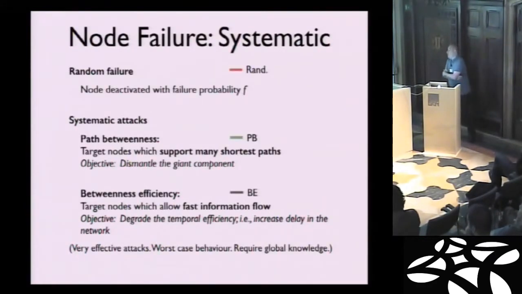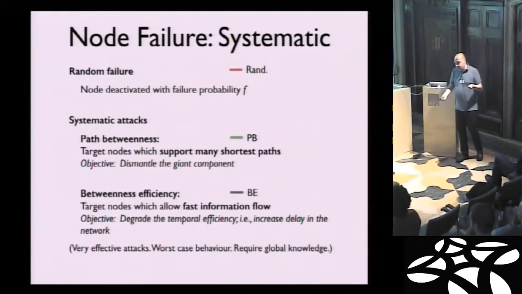Okay. So we try then the usual problem of targeted attack. These essentially are the systematic attacks. We want to target the nodes that support many shortest paths, and we want to target the nodes that allow fast information flow, even spatially. These are extremely efficient attacks, but they require global knowledge of the network, and this is good in general because